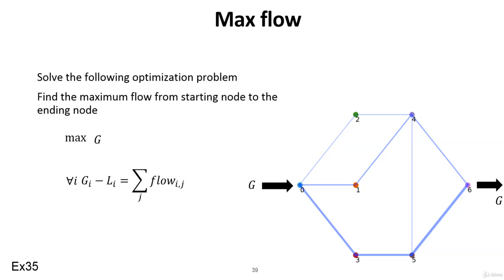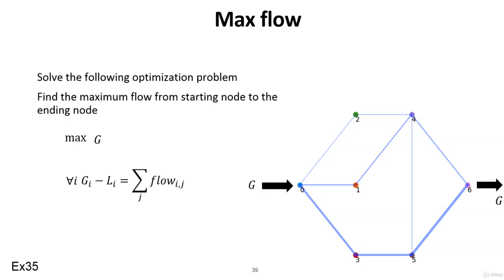So as you can see, only one node has generation, which is node 0, in this example, and the rest of them have no generation and no demand. Also only one node has demand, which is node 6, and it's equal to G. So we want to know how we can formulate it as an